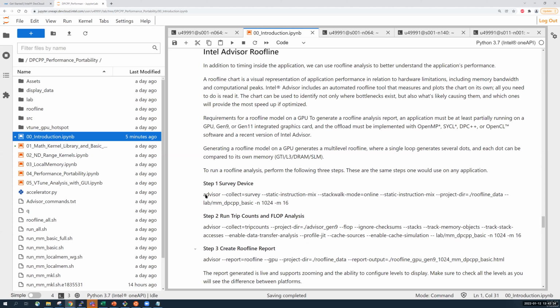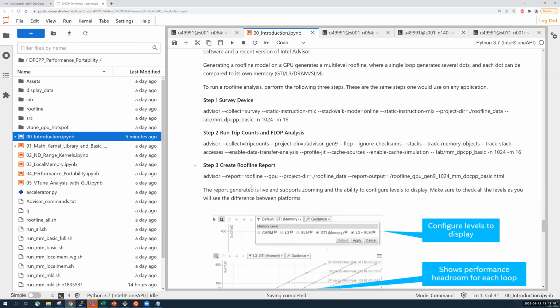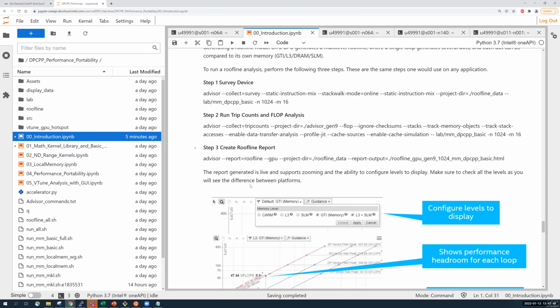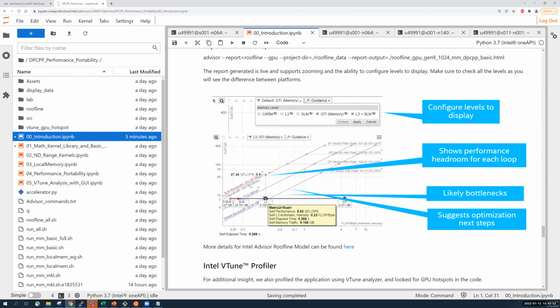We mainly give all the different command lines that can be used to get the advisor roofline report. We will be going into more details when we start the actual implementation of the algorithm. But in a snapshot, what this Intel Advisor roofline does is generate a roofline chart report, and then what this mainly gives you is a snapshot of